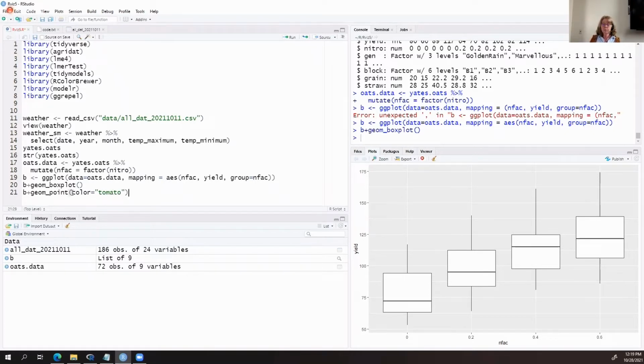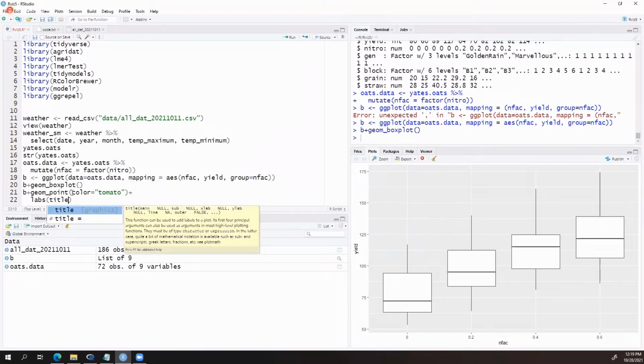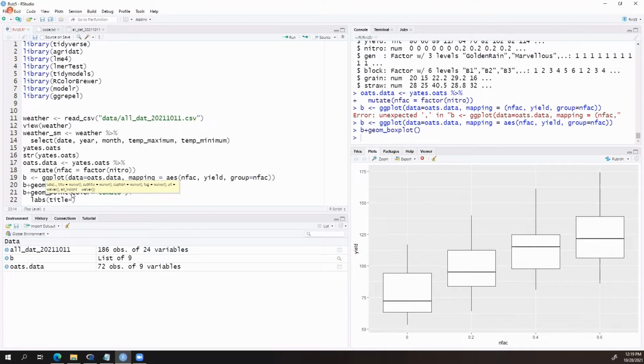And then the next thing we're going to do is add some labels. These are labels that were taken from the information provided about the data set, which I found by looking at the help menu.